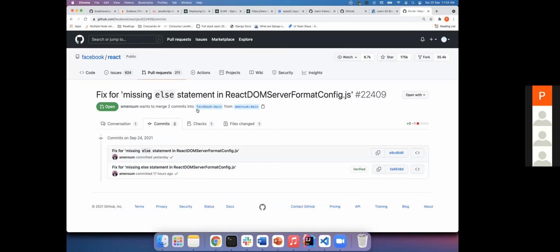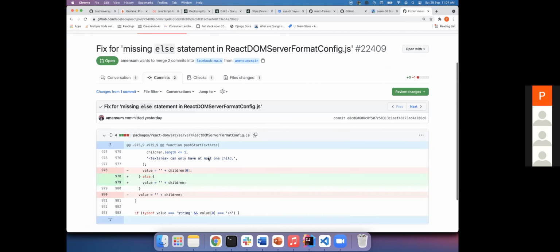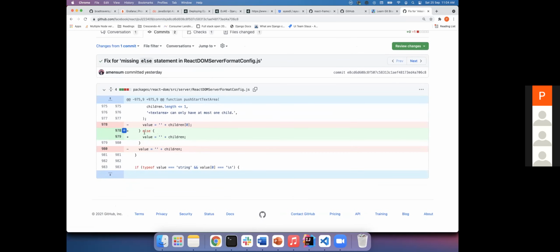So that means what they did is this is a main branch, this is a feature branch. Right. So they created a copy of the main branch and they created a feature branch with this name. Once they did it, they made some changes. If you go to this file, it says, oh, there is something missing. So I removed this line. Instead, I added an else, then I added this. Right. So this is the insertion and deletion that we saw.